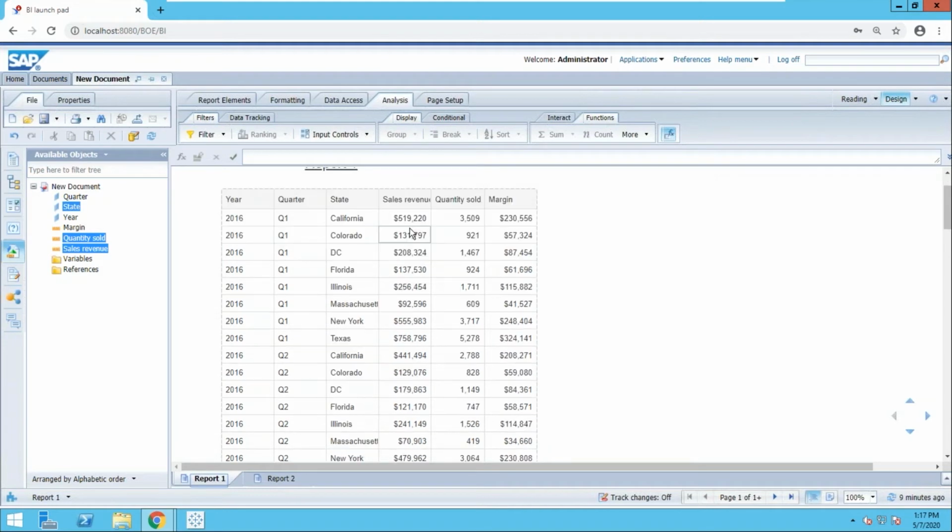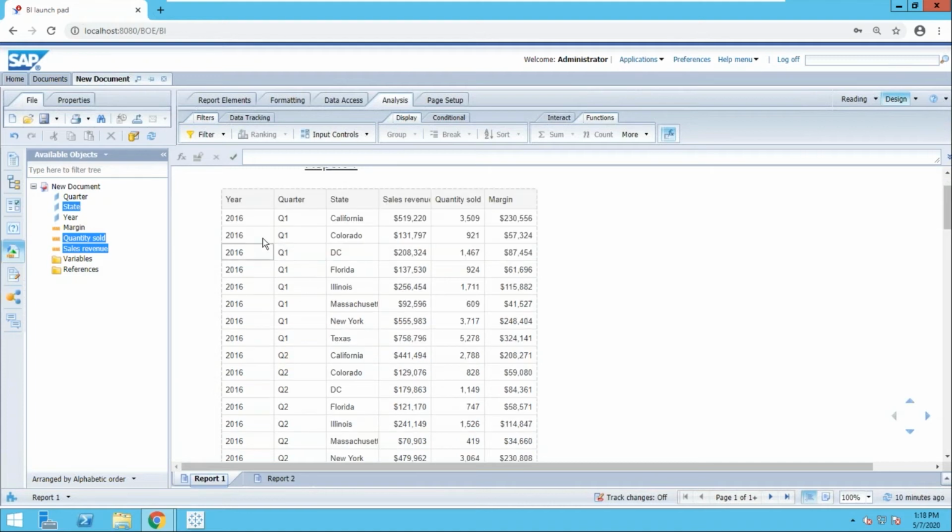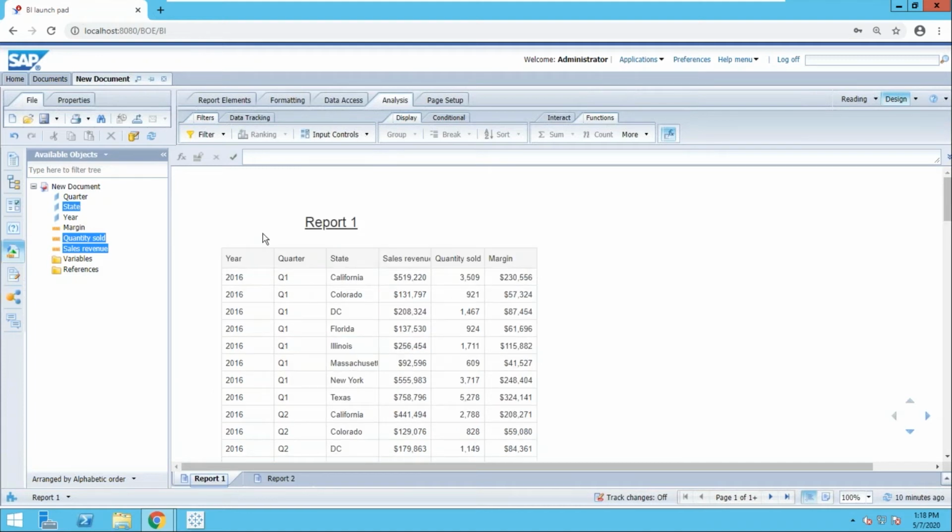Breaks are about as common as can be. We do it in Excel, and I've done it in every product that I've ever worked with over the years. Every report has a break, a way of grouping things left to right. All right? They don't always have to be the leftmost column, although they normally are. So we want to break our report based on a time period, so I want it to be year and